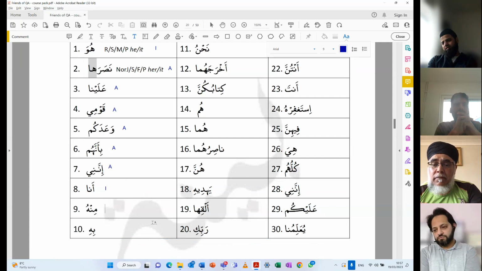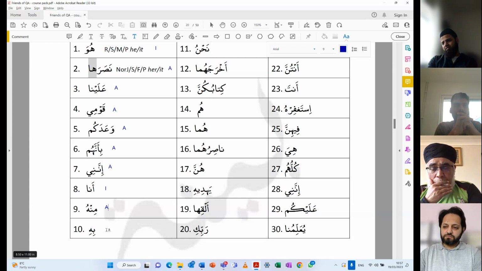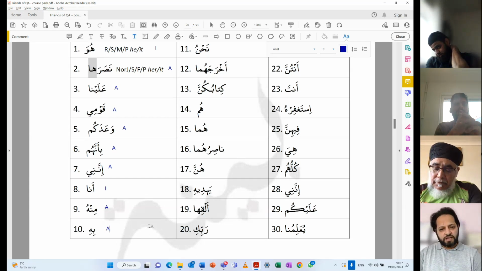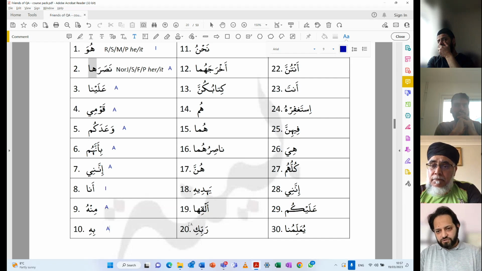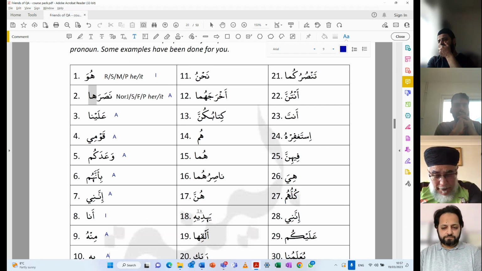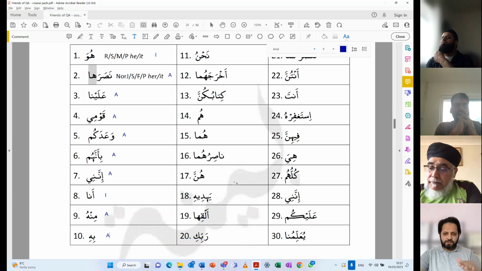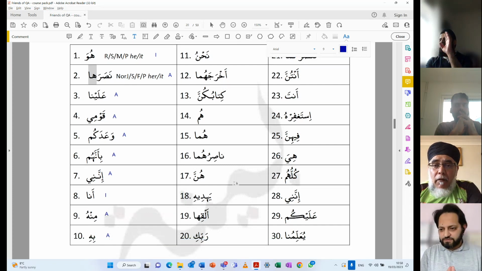Attached. Attached. Attached. Bihi. Attached. Attached. This is all Quranic vocabulary. This vocabulary is not coming from anywhere else. All of these words are Quran words. So once you do them, you're actually understanding what's written in the Quran one way or the other. Okay, so that's an exercise I would want you to attempt.